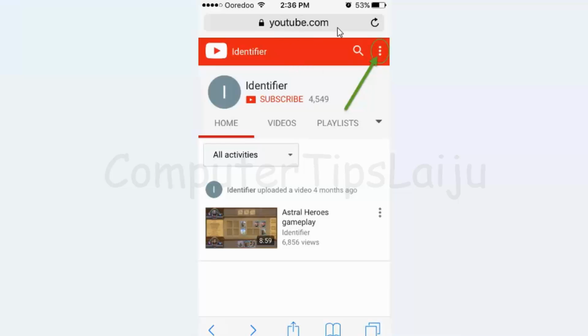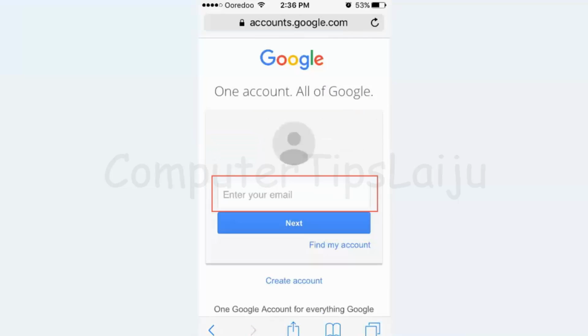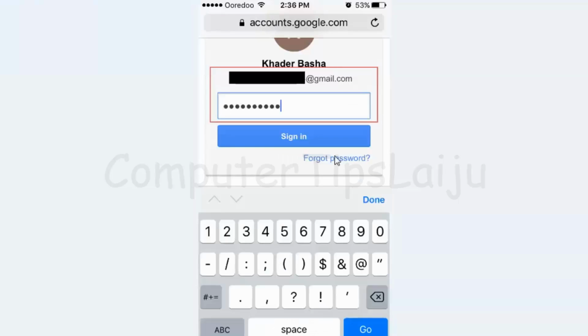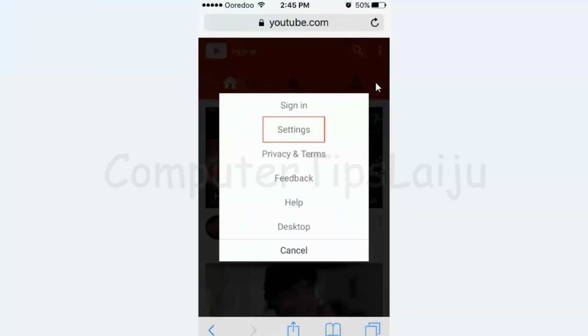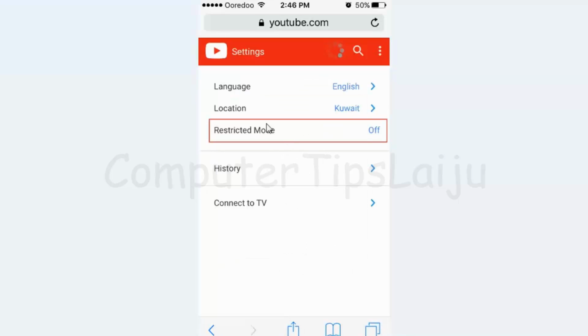This is the youtube.com browser. Open the menu here. Sign in with your email ID. Enter the password. Again click on the menu. You will get the settings again. Now there will be restricted mode.